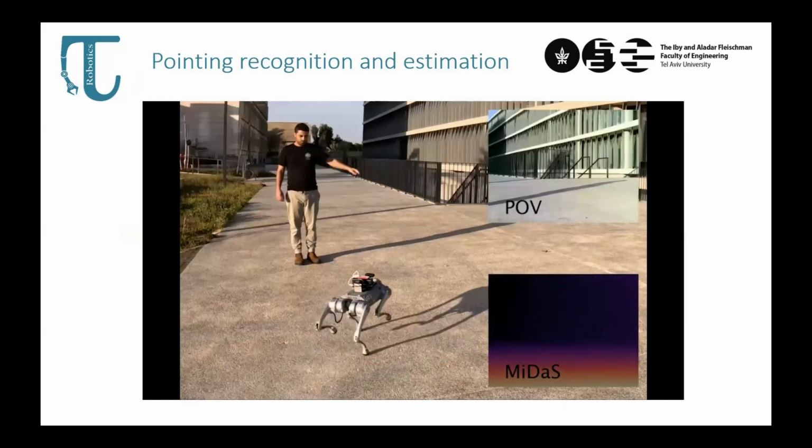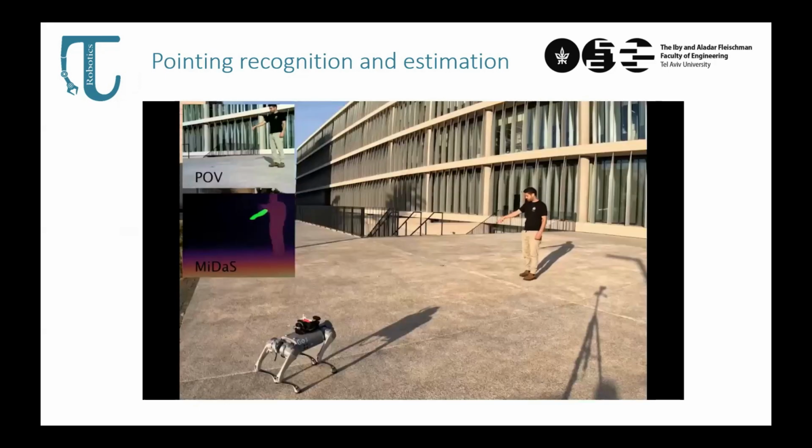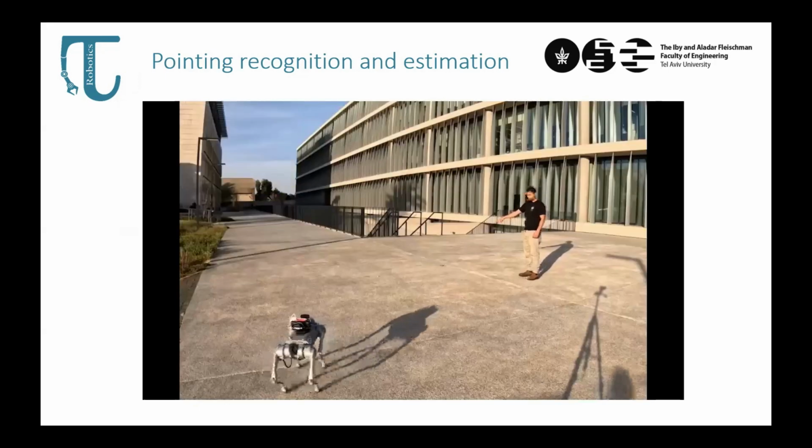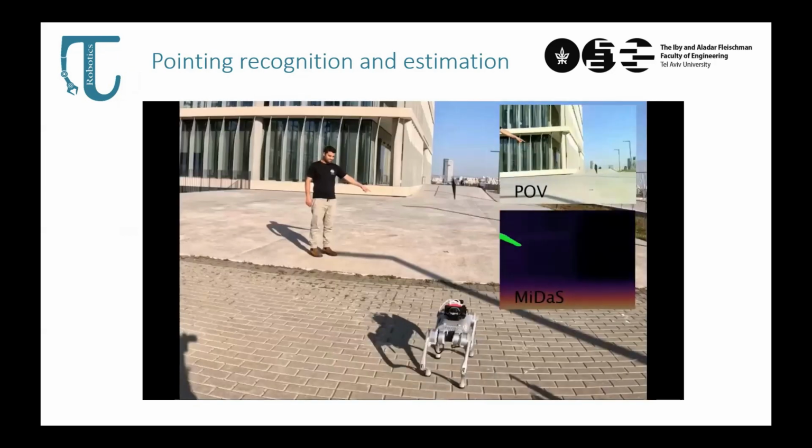We also did work on pointing, not recognition, but estimating the direction of pointing. This is only with real data. We'll probably explore generative, synthetic data to do this. I did mention everything here is a web camera, no depth camera, nothing else. Just with a web camera, it's able to estimate the points we want to reach, either at long distance or far distance.